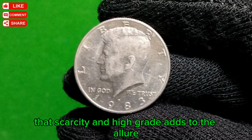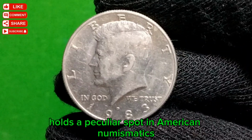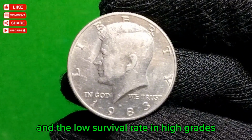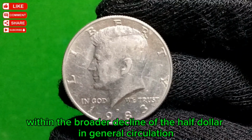That scarcity and high grade adds to the allure for specialists. The 1983 Kennedy half dollar holds a peculiar spot in American numismatics. While not rare by mintage, it is significant due to the absence of proof coins and the low survival rate. In high grades, its importance is further elevated by its context within the broader decline of the half dollar in